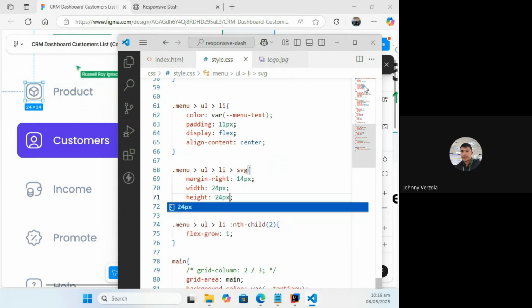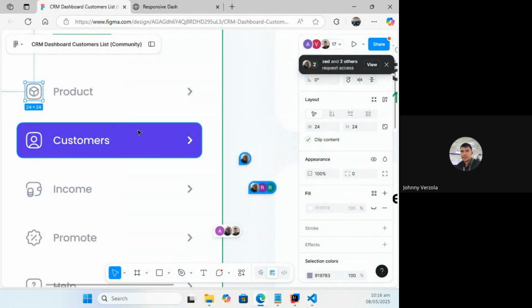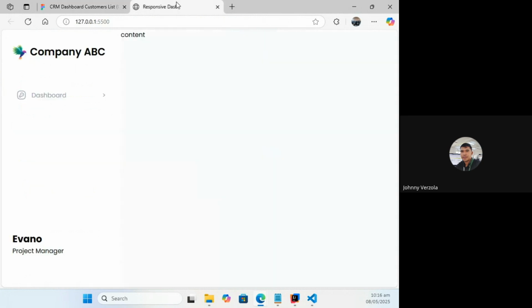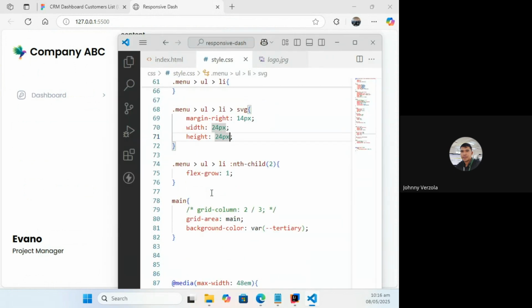Okay, and then I want to work on the hover effect. I'm going to make them with the accent color, this one, and then make the text color white. Even the SVG stroke, I'm going to make it white. How do we target that? We can target it using which pseudo selector?